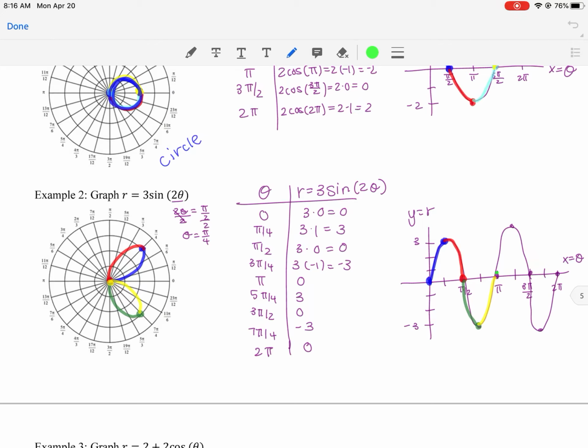Okay, so now if I look at this part, from pi halves to positive 3, so technically this is 3 pi fourths, so I can think about going out 3, but then 3 pi fourths is going to bring me over here on that second quadrant. So we're getting larger and larger. Then I'm getting closer to 0 again, right? So I'm coming back in. And then this last part of the graph, I'm going to just do in this purple color. So we're going negative 3, and then if you were to travel 7 pi fourths,